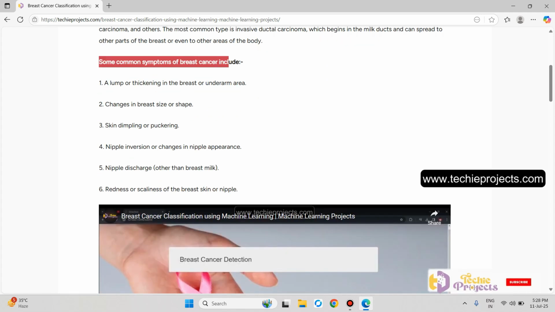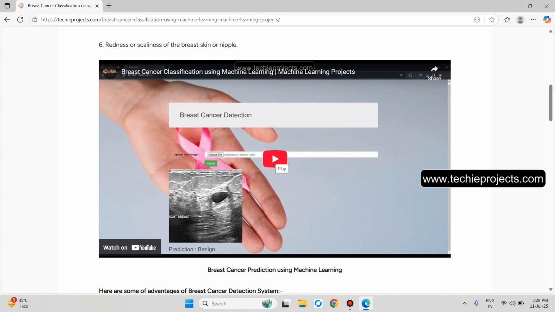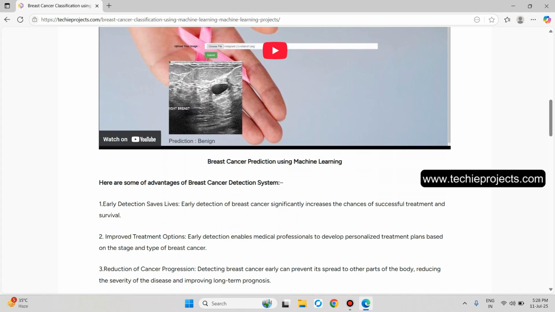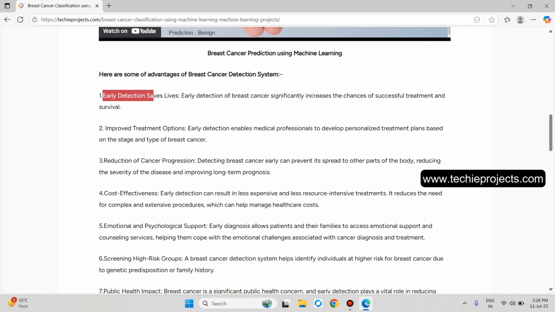So these are the common symptoms of breast cancer, and this will be the YouTube video where the user has to upload an input image. It will predict the type of the breast cancer, like benign or malignant. And these are the advantages of the breast cancer detection system, where it will detect early and save the